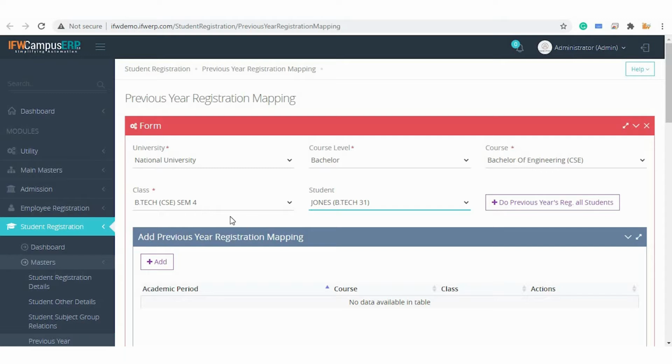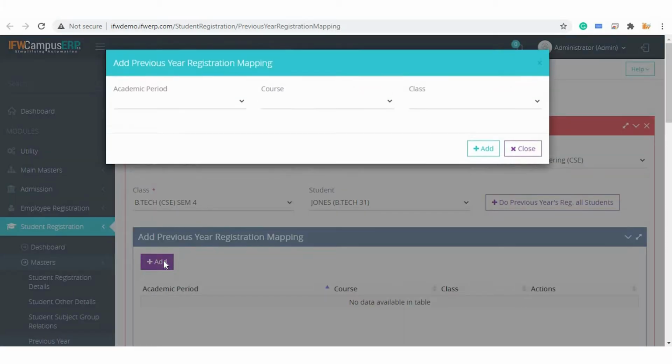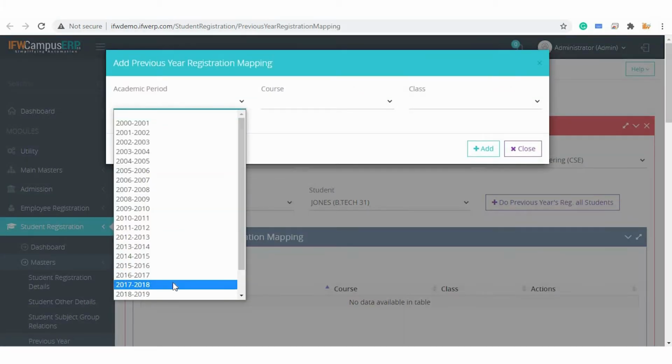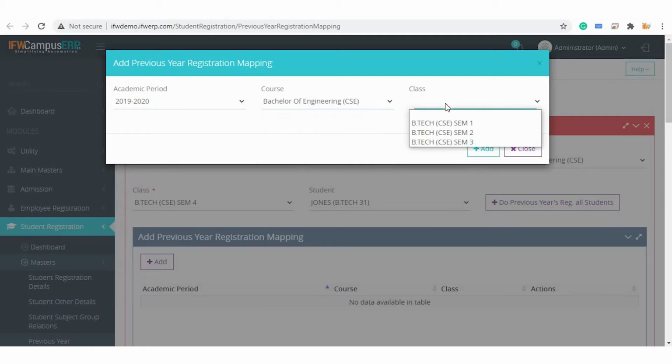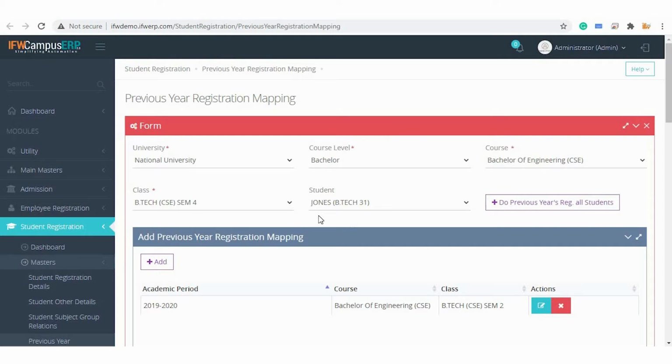For example, currently the student is in semester 4. Now you want to do the entries about the student for previous sessions. Like let's say in 1920, you want to enter the records of the student for semester 3 or semester 2, and we click on add.